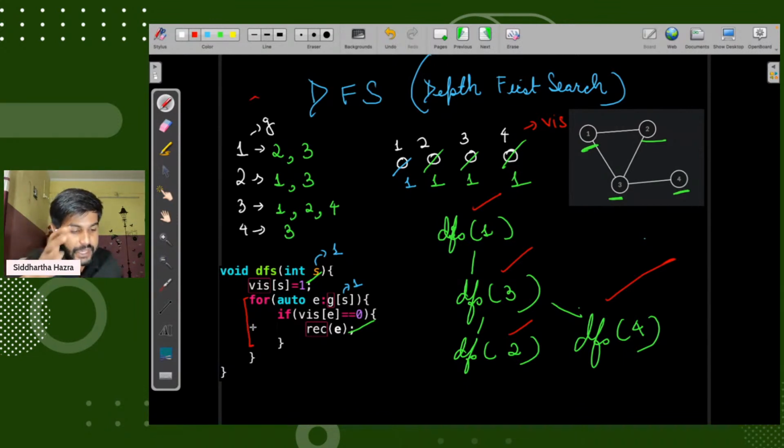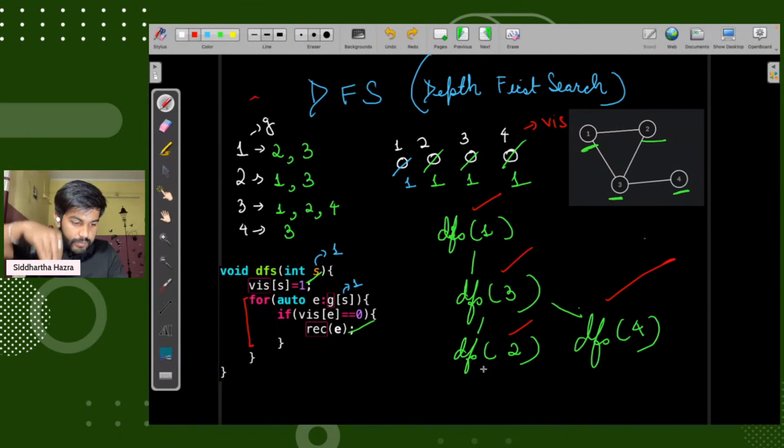So basically, why is this called depth first search? Because it starts at 1, goes to 3, then goes to 2. If there was some other node from 2, it would go there first. Then it comes back. So it is going in depth.